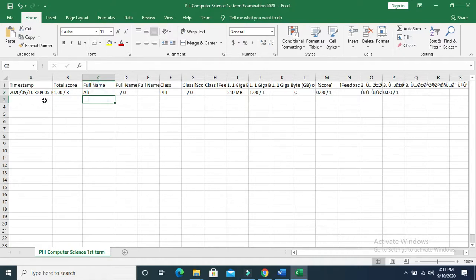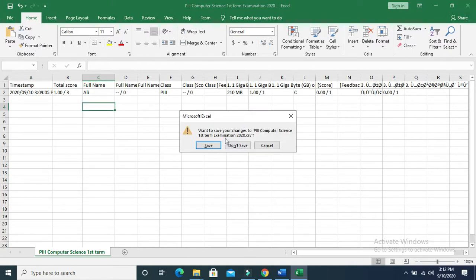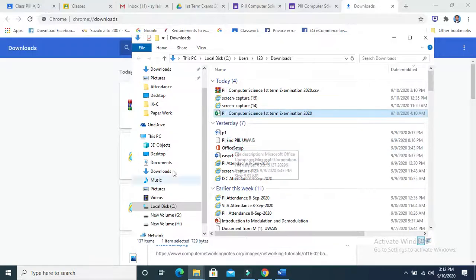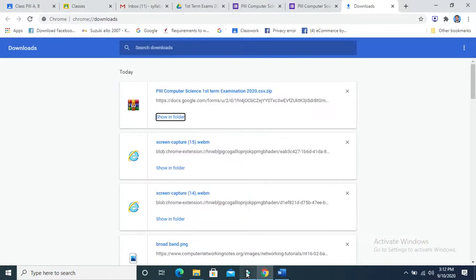In the same way we will have multiple lines over here, showing the students who have given their responses, because in order to make the final result we will have to add the MCQ marks to the marks which are in the subjective paper. Okay, so that is about the options available in order to prepare an MCQ paper.